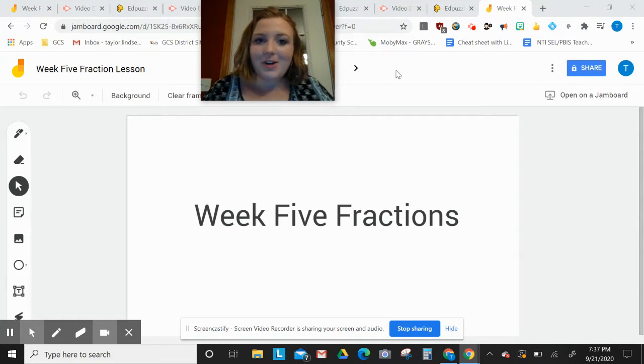So we have been talking about fractions every week. Today we're going to talk about some word problems that involve fractions and how we can solve them using those fraction strips. So for week 5 fractions,